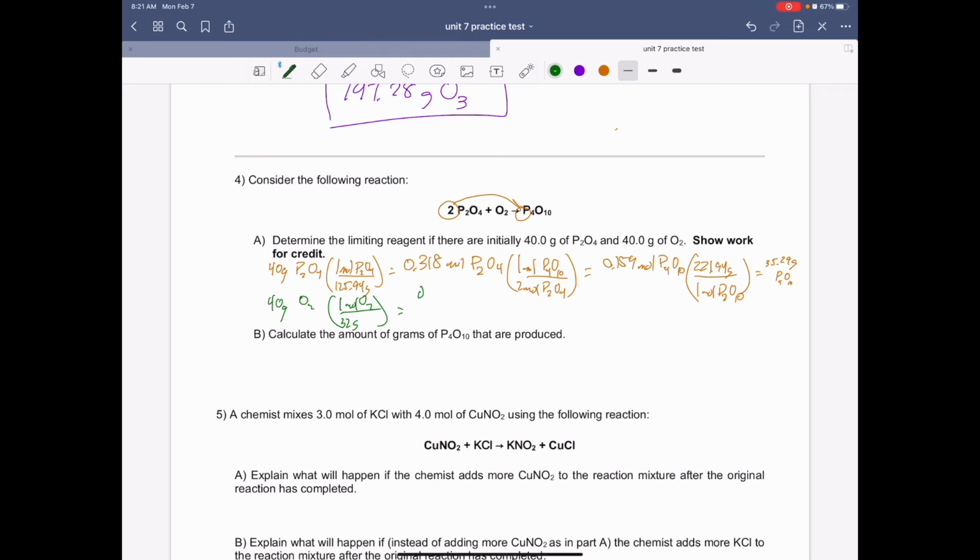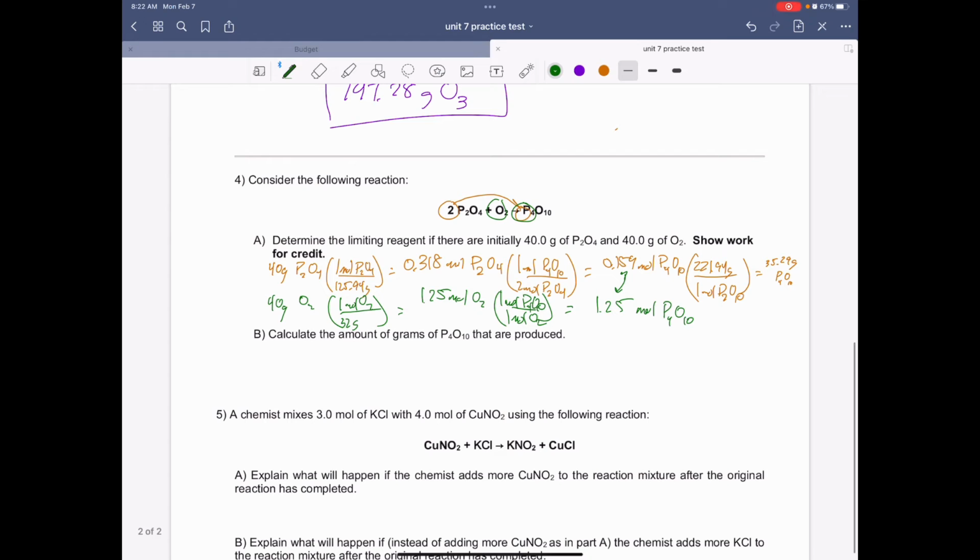Let's undo that. 1.25 moles of O2. The molar ratio between these is a 1-to-1 ratio. So 1 mole of O2 will produce 1 mole of P4O10. So you're going to have 1.25 moles of P4O10. So again, you can already tell which one is going to be the limiting reactant, but we've got to